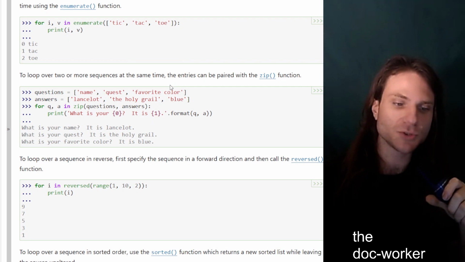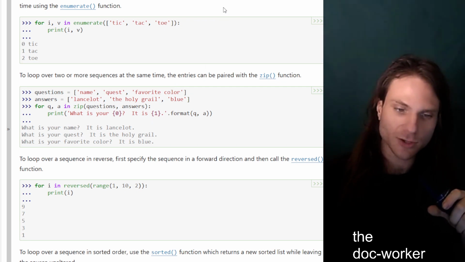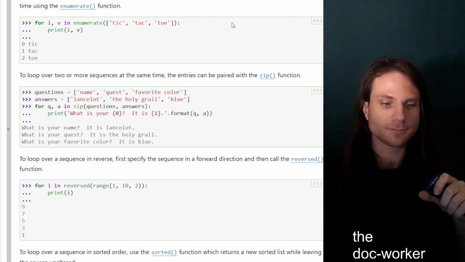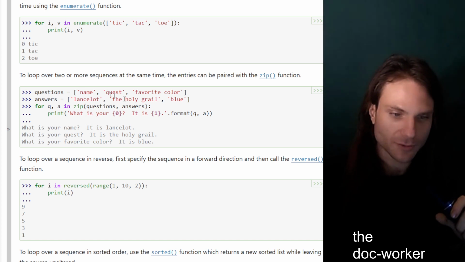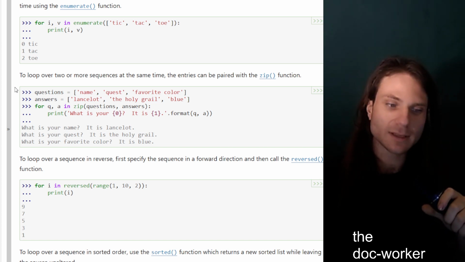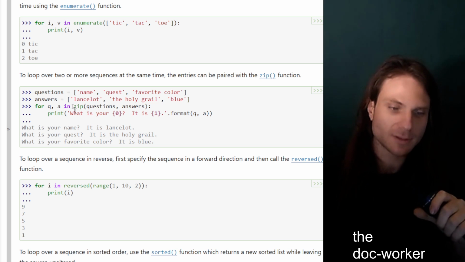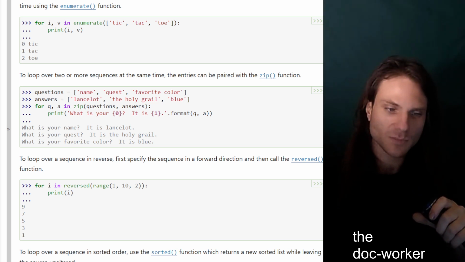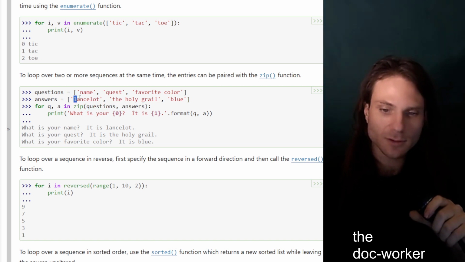To loop over 2 or more sequences at the same time, the entries can be paired with the zip function. So say we have a list with 3 strings in it that we call questions. We have a second list with 3 strings in it that are the corresponding answers. For question, comma, answer, in the result of calling the zip function with each of these lists, one after the other, passing as arguments,